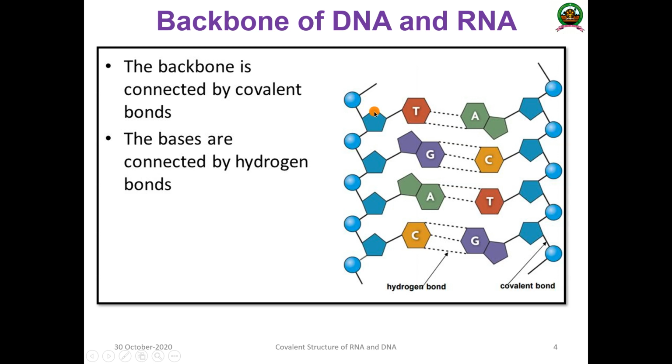Then you can see the 5-membered sugar. In the case of DNA it is deoxyribose, but in the case of RNA it is ribose. How is it connected to the phosphate? It is connected by a phosphodiester bond. Similarly, you can see the opposite strand in the 3' to 5' direction, the same thing. These are phosphate and sugar, the sugar-phosphate backbone, which is stabilized by phosphodiester bonds, a major covalent bond.